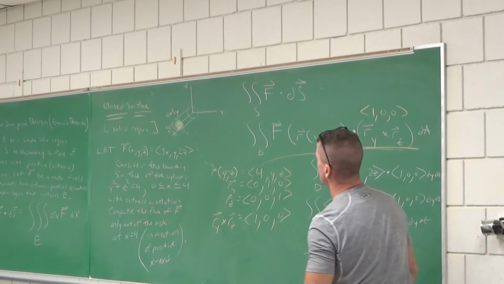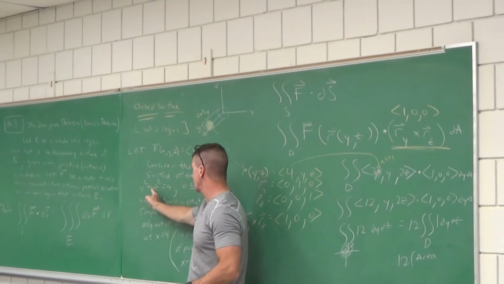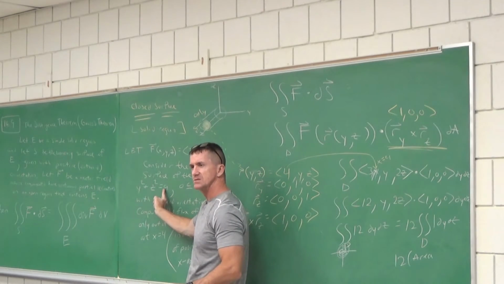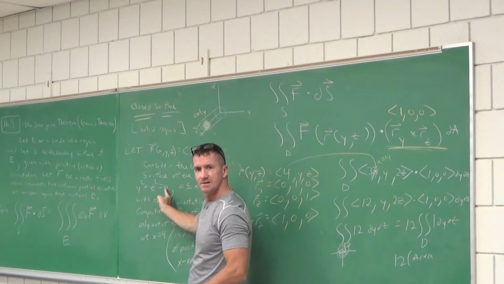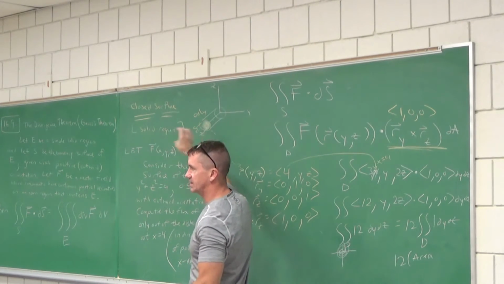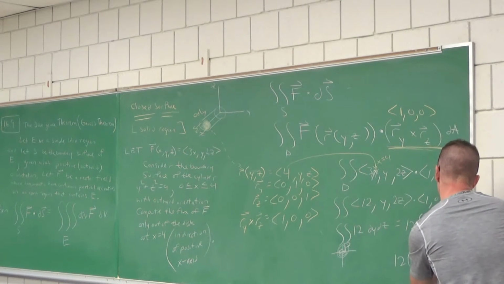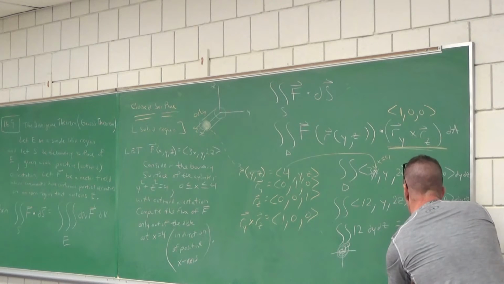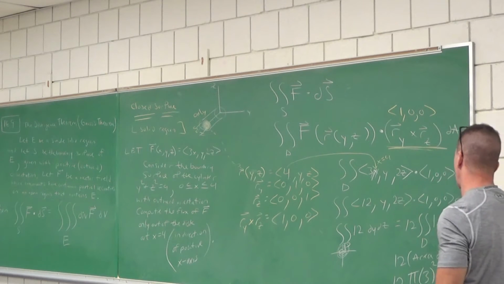Well, we have to look at this carefully. The cylinder equation was y squared plus z squared equals 9. What's the radius right there? It's a radius of 3. That one, because it's that end that kind of caps off the cylinder right there with the disk. That radius is 3. So the area of that disk, 12 times pi times 3 squared. What's 12 times 9?